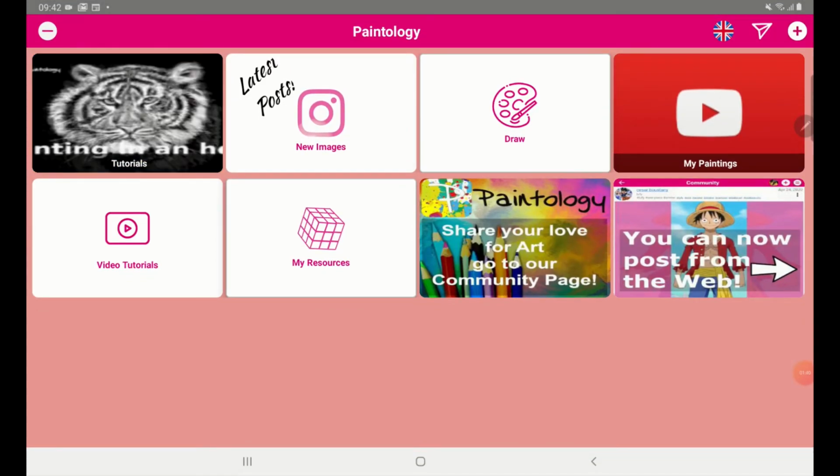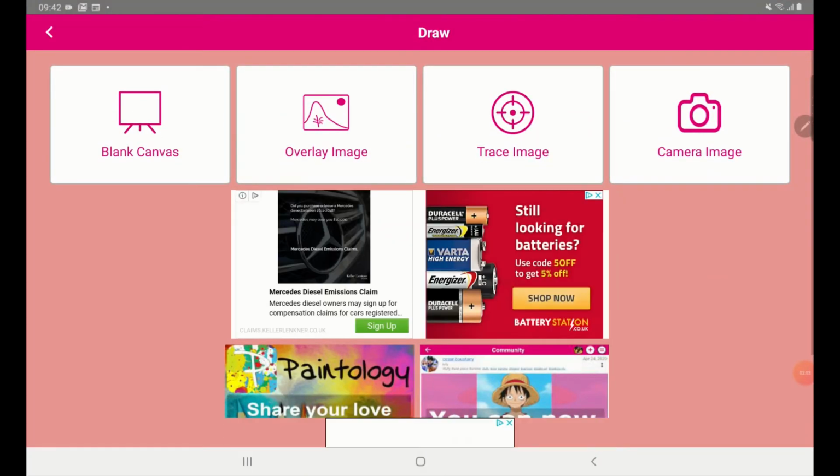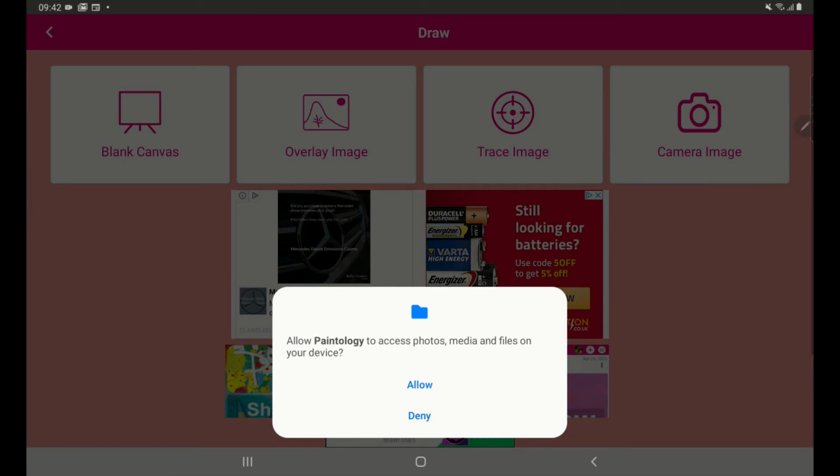And you'll come to this home page. Here, most of the work is done for you. All you need to do is make the selections and use various areas of the Paintology app. The first section is tutorials. We won't focus on that. But in order to start drawing, we simply click on draw, and then you'll be presented with 4 various modes of drawing. You choose blank canvas for now, and then you'll be asked to access photos, media and files. Go ahead and click on allow,